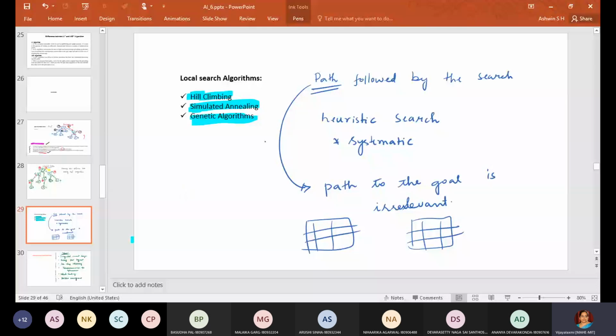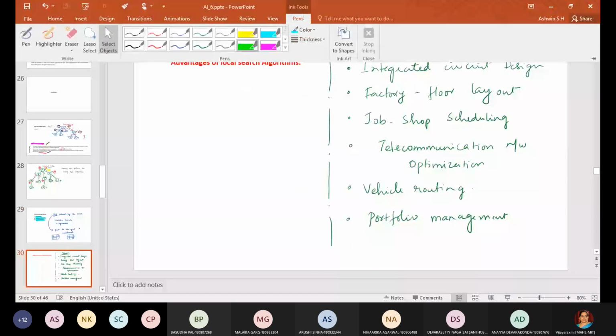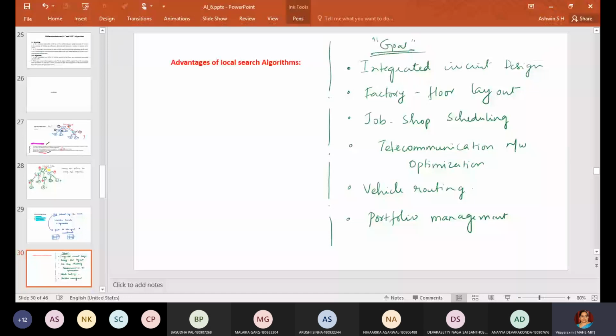Now, what are the advantages of this local search algorithm? I'll list one or two. First, memory usage is small; they use very little memory.